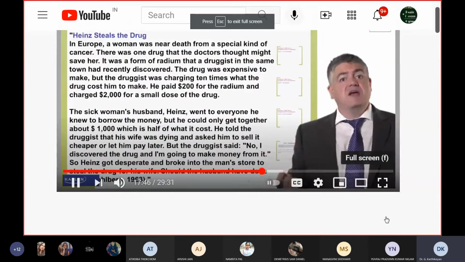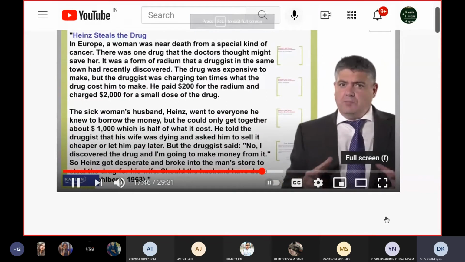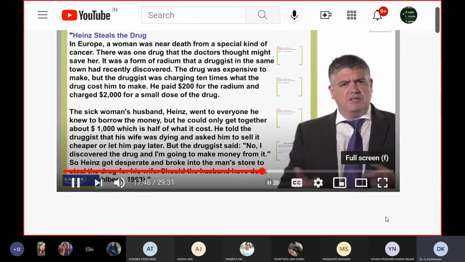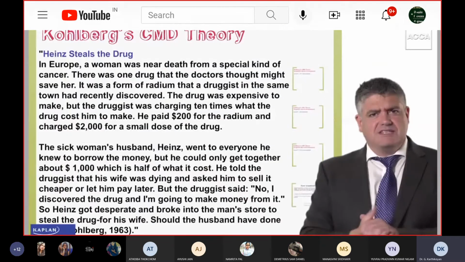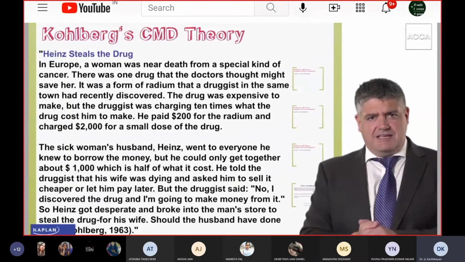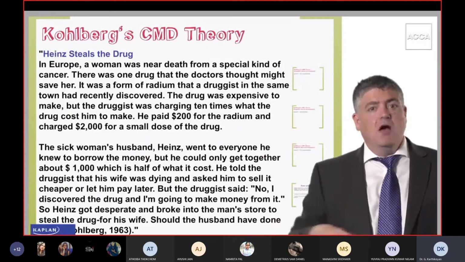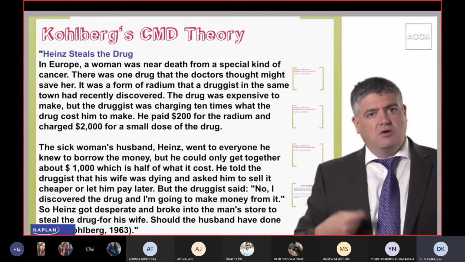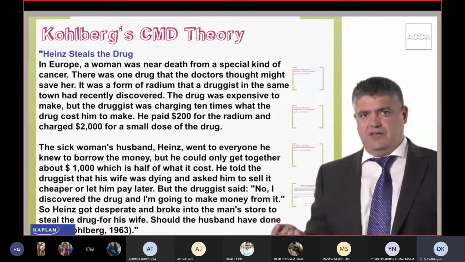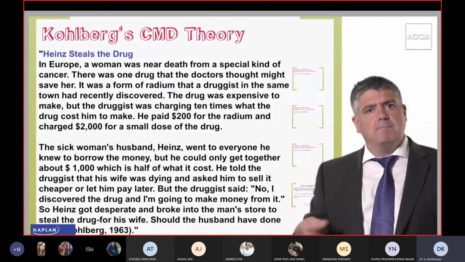This is Kohlberg's CMD theory. What Kohlberg did was he wanted to understand how people made moral decisions. So it's the cognitive moral development theory, or sometimes I've seen this written as the cognitive moral reasoning theory. So how people make moral